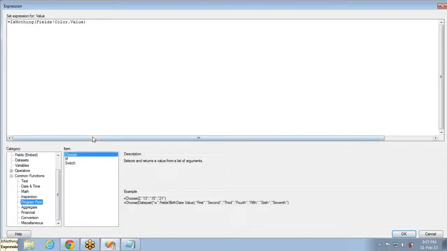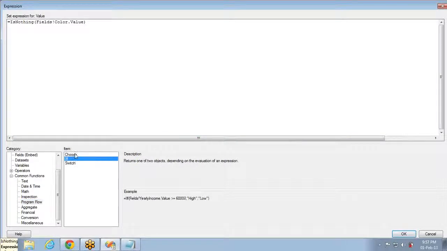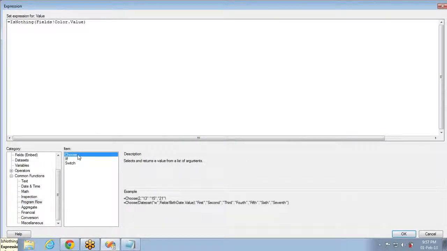Now program flow, the main one is if. Then choose, you can see in the example, choose 2. 2 means the first value will be taken into consideration. The first value is 2, and next to that first parameter you have 3 values. So what is the second of these 3 values? 15 is the second, so it will return 15. And if you see, date part of week he is taking.